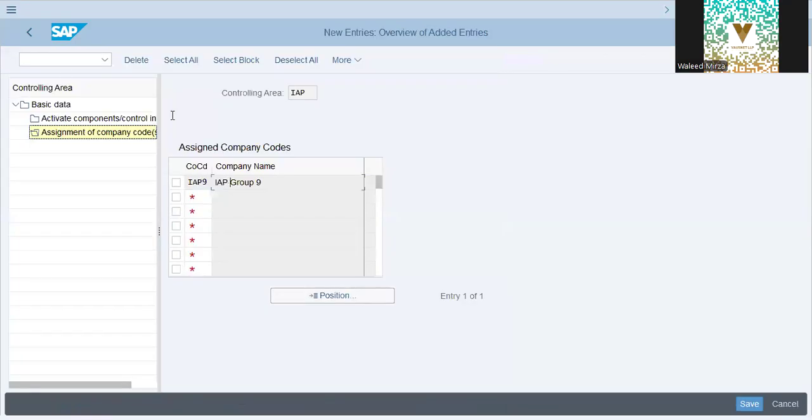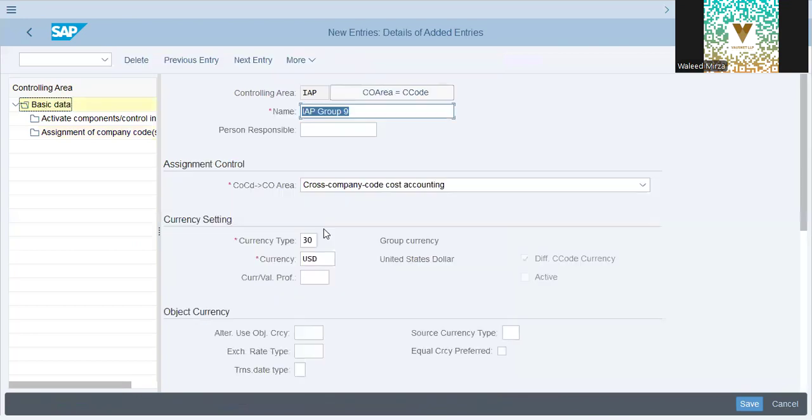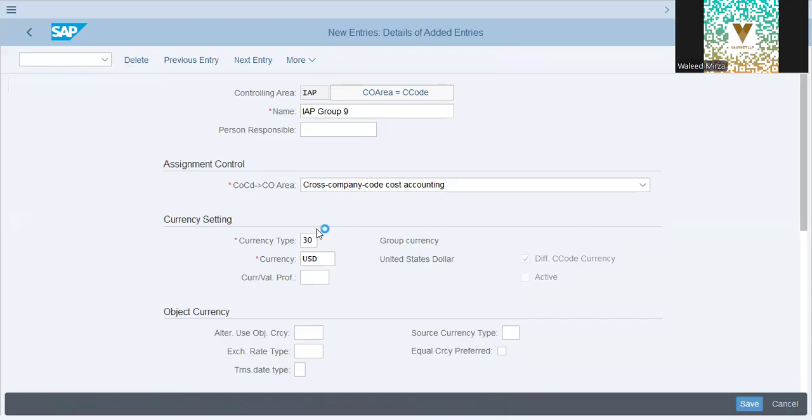Okay. Basic data over here is the 30 we have to keep in mind right now. Why? Because in the next one, FIN SC ledger, this is the T code. Now this 30 will actually pop up automatically where